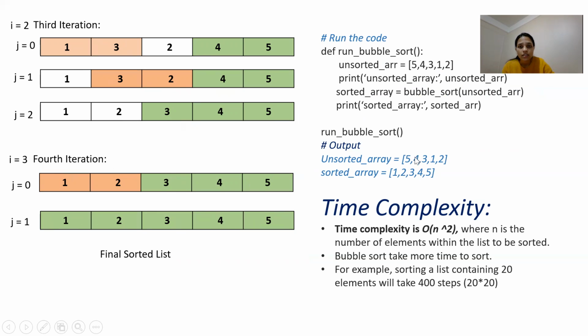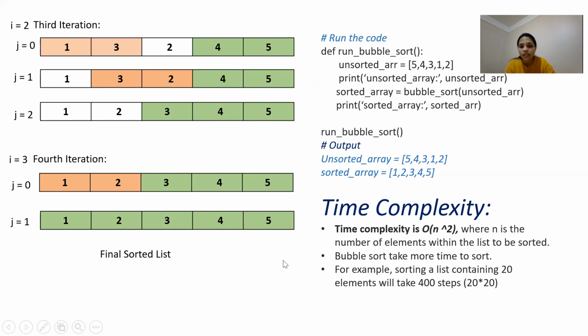swapping. So this is the code to print and run the sorting algorithm. I'm calling the bubble sort function that I wrote in the previous slide. Since I'm using 2 for loops, the time complexity is O of n square. So this is not a recommended algorithm because it takes n square time to run